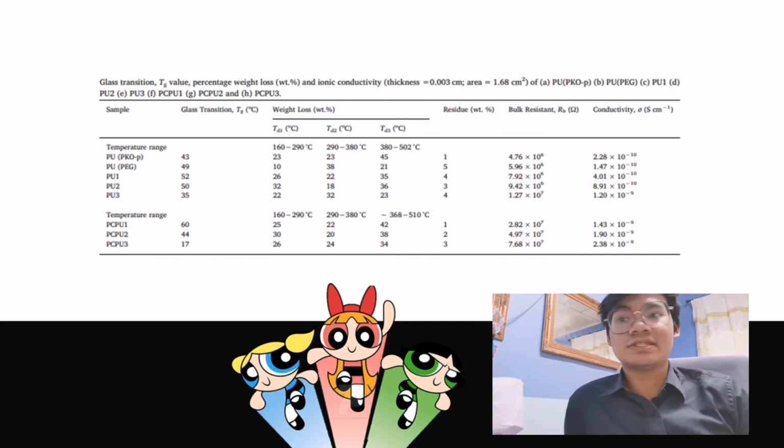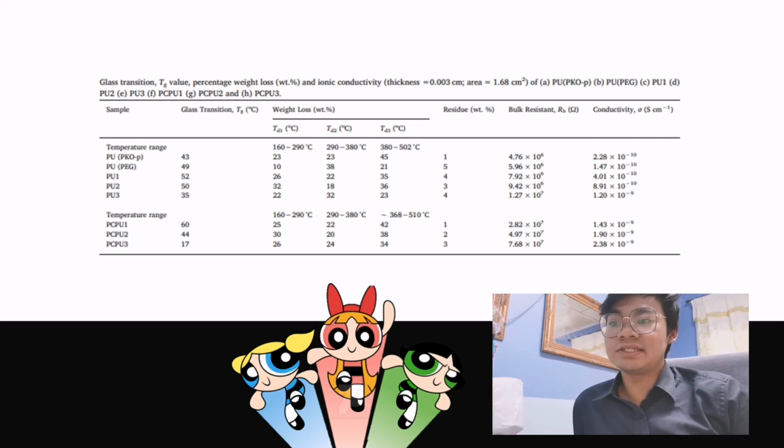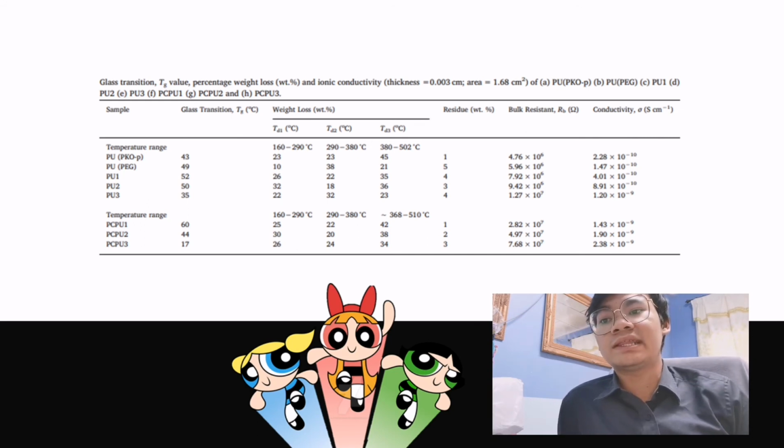The result shows that the ionic conductivities of all samples are between 2.28 times 10 to the power of negative 10 S/cm and 2.38 times 10 to the power of negative 9 S/cm,